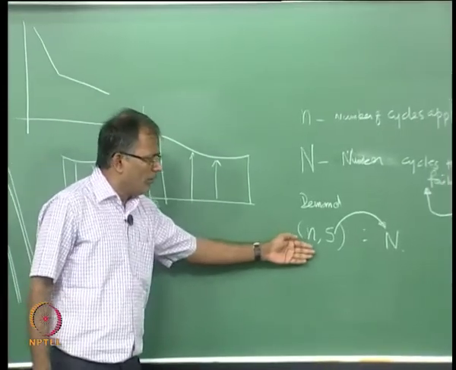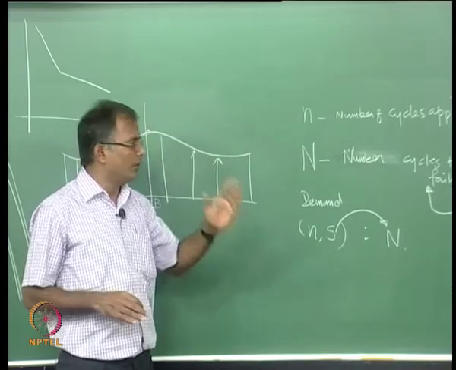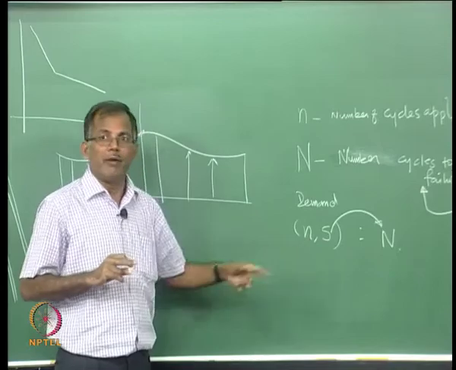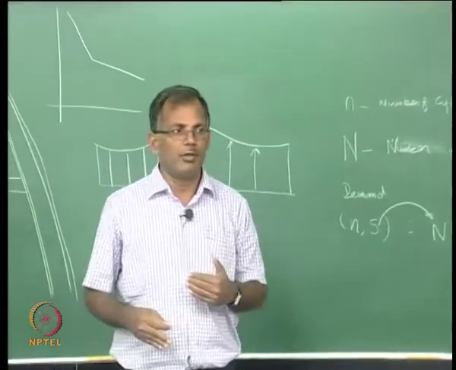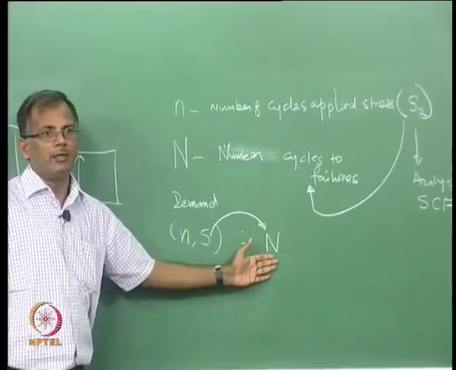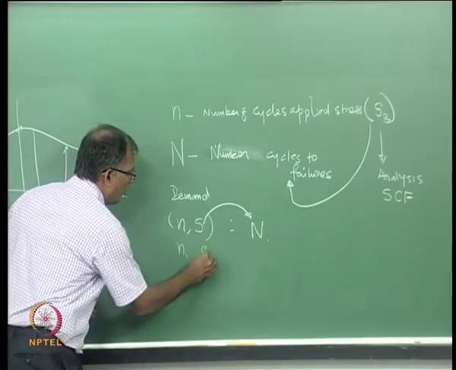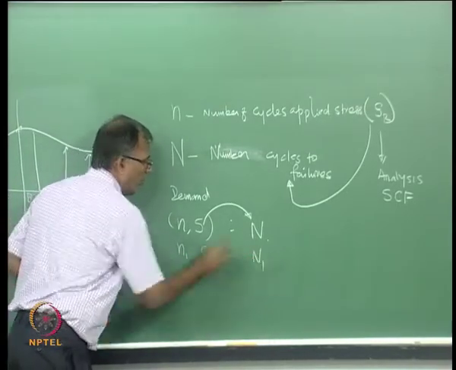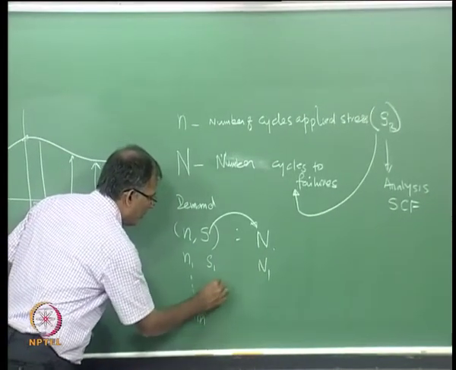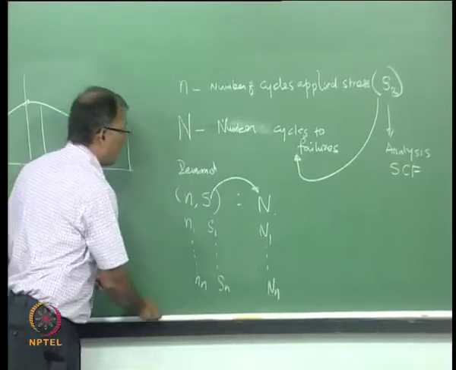Remember, in the whole picture of the tubular joint, for a design life of 25 years, you are not going to have only one value of S and one value of N. You may have several combinations of S values and corresponding N values. So, basically what will happen is you may have N1, S1 and N1 corresponding. So, you may actually repeat, and correspondingly, because that many waves.